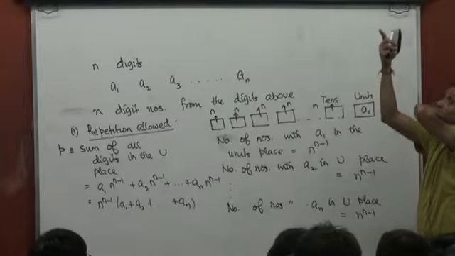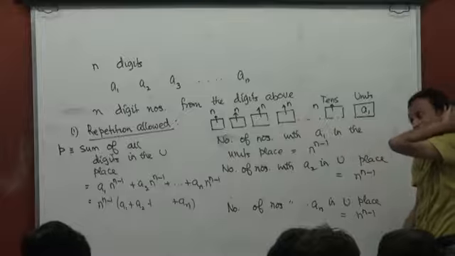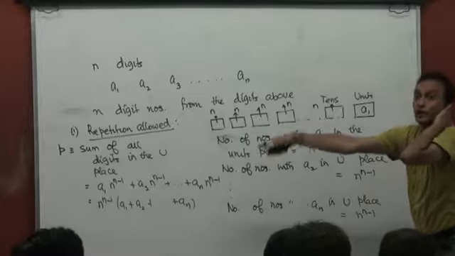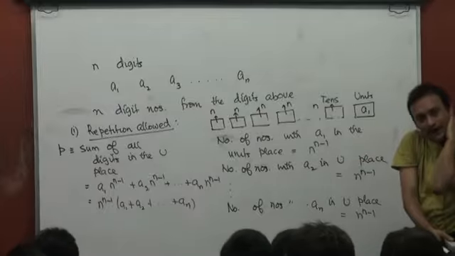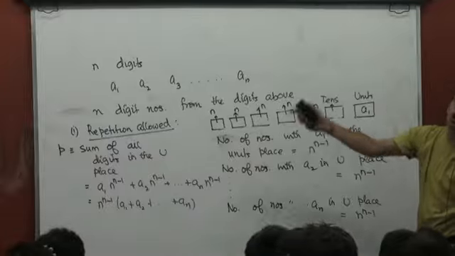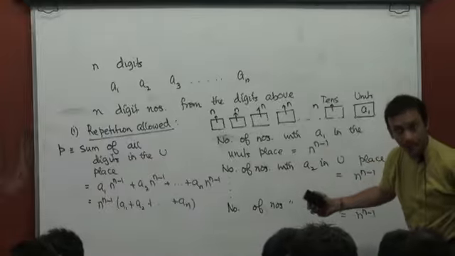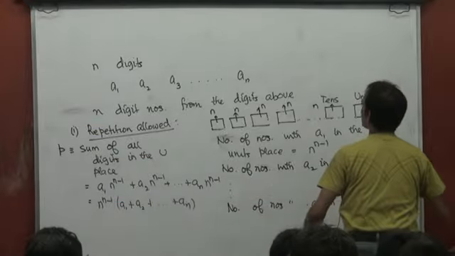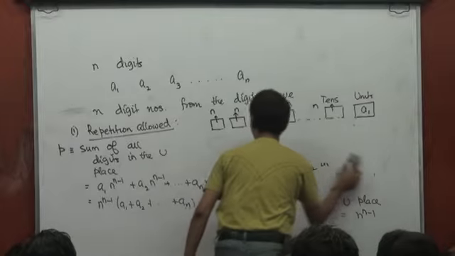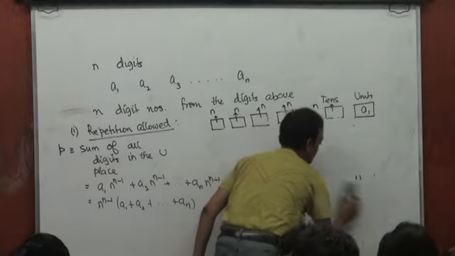Which means if you add all the digits in the tens place also, you will still get P. If you add all the digits in the hundreds place, you will still get P. If you add all the thousands place, you will still get P, and so on and so forth. Yes or no? Where P is known to us, right? Which means if I have to add systematically all these numbers,